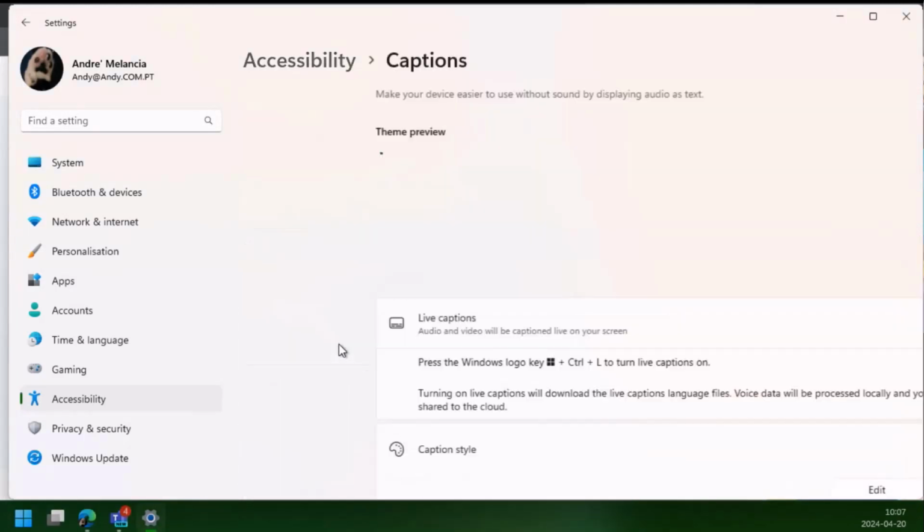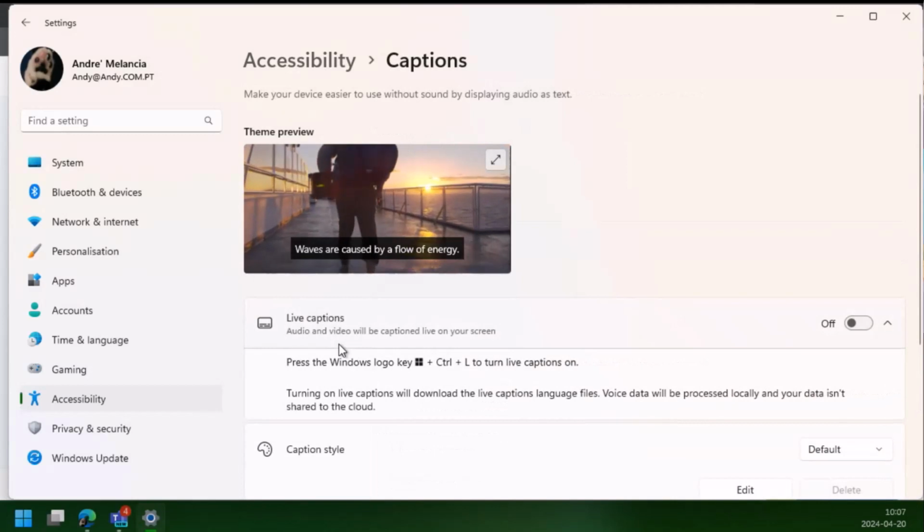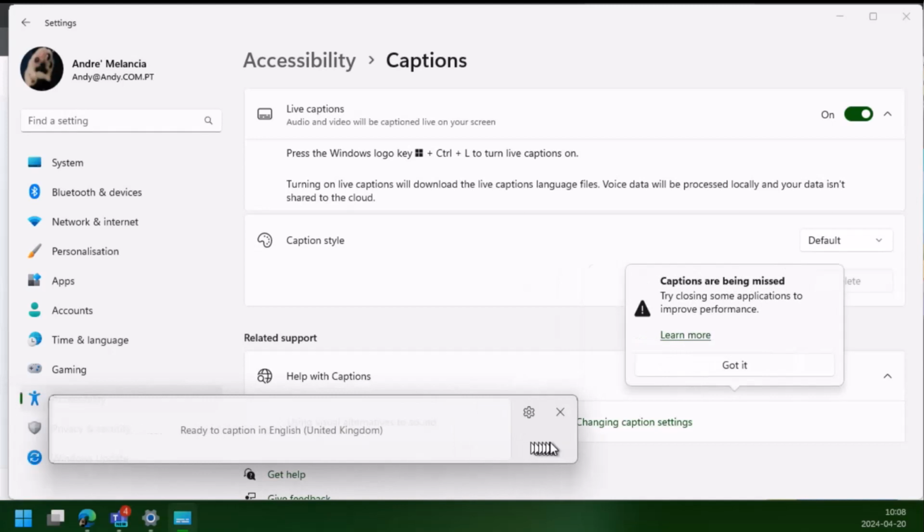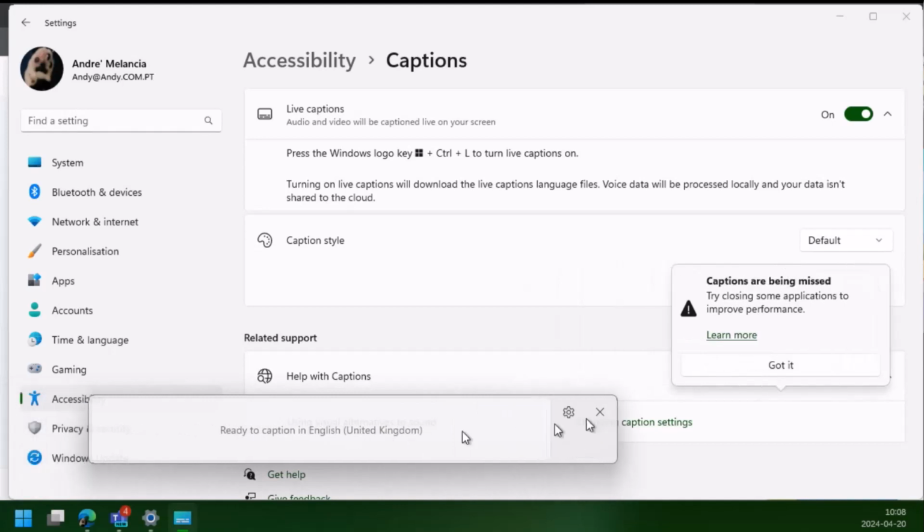But captions is the one that I'm looking for here, okay? So you can actually say live captions and say on and just turn on the live captions. Now this actually, sorry about this, give me a second. This actually showed up on this screen on this side, okay? So how do I move this position? Overlaid on screen. So maybe I can move this like this. Okay. So you can actually read the captions.